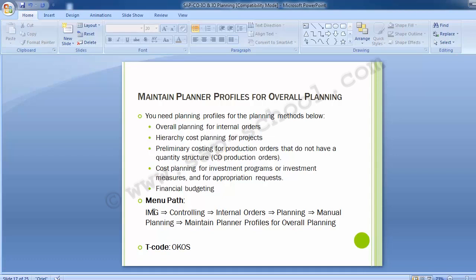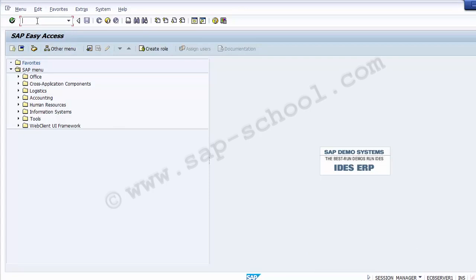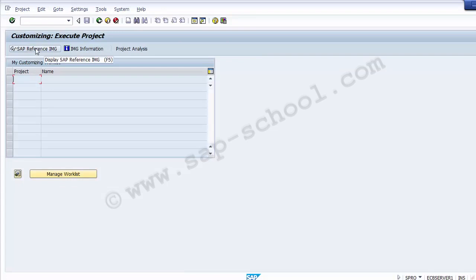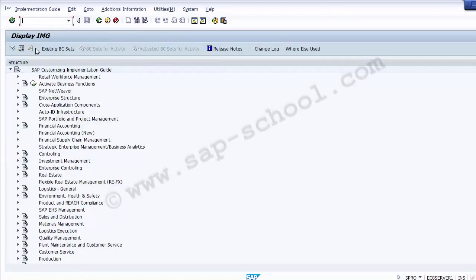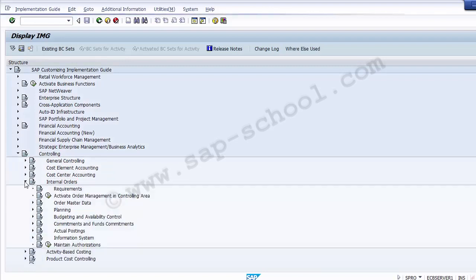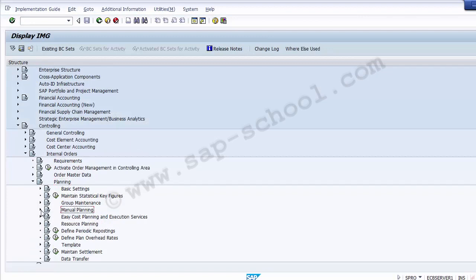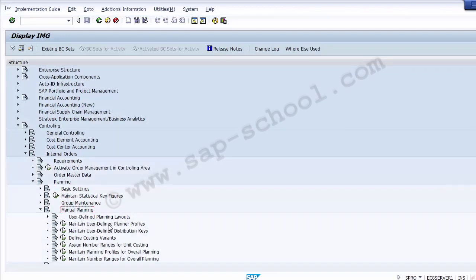So let's move on to the SAP system and see how we can maintain this planner profile for overall planning in internal order. Let's move on to the SPRO path. We need to execute the transaction SPRO, enter. Then we go to SAP Reference IMG, and this will take us to the Display IMG screen where all the different module configuration steps and paths are there. So we need to go to Controlling. Within Controlling, we go to Internal Orders, and in Internal Orders we go to Planning. Then we go to Manual Planning,